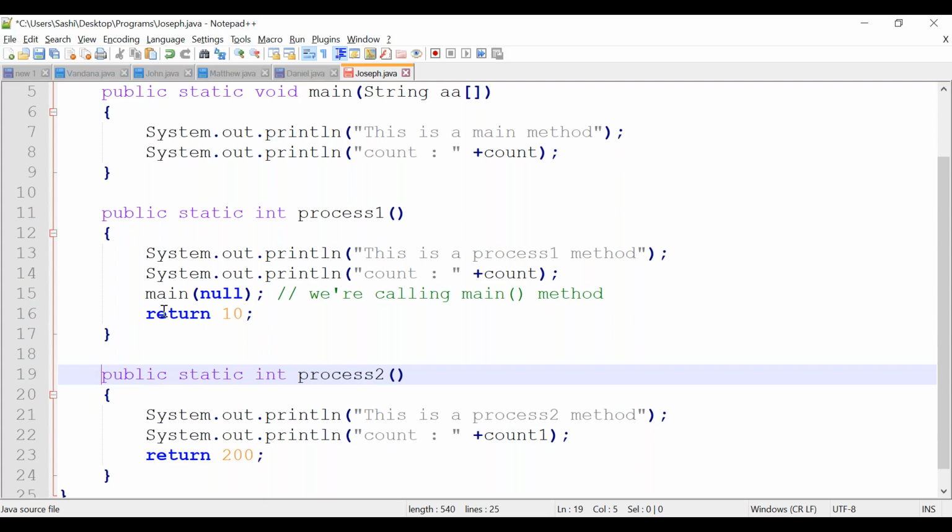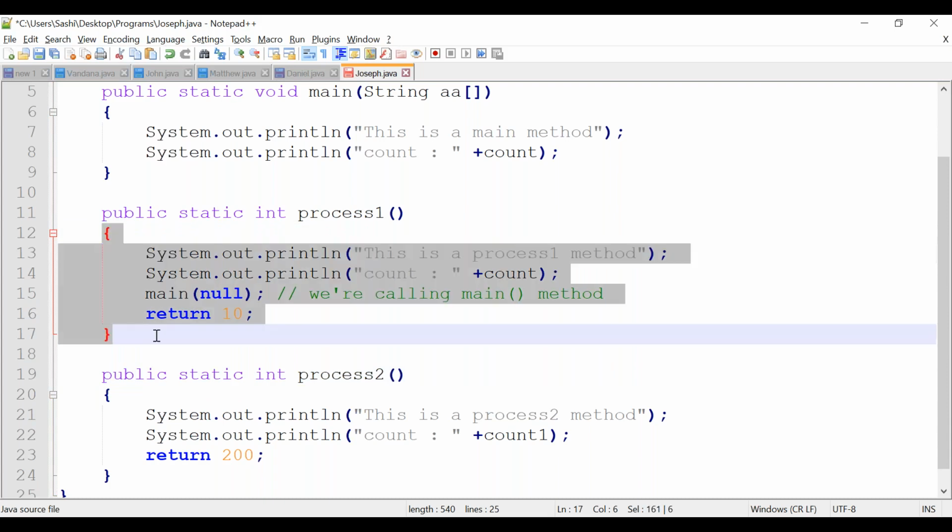Listen carefully. I'm going to play something more here. Let it be, we need not change method 1. Let it be like that only.